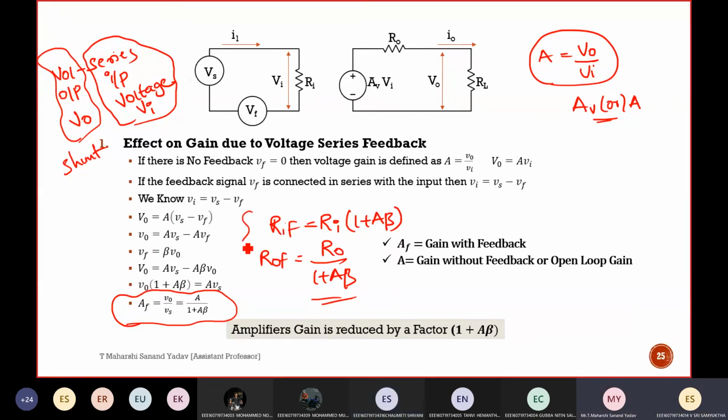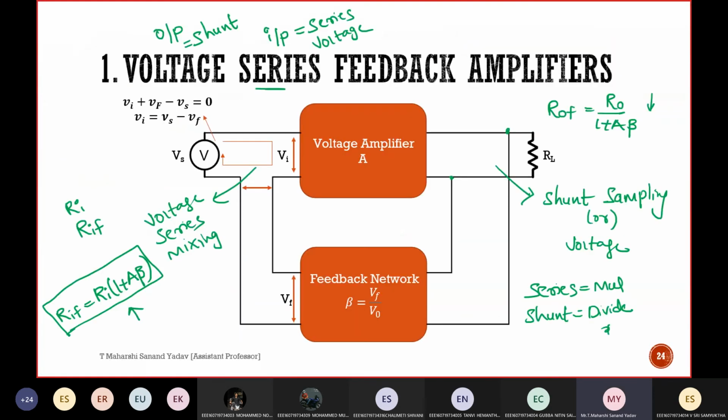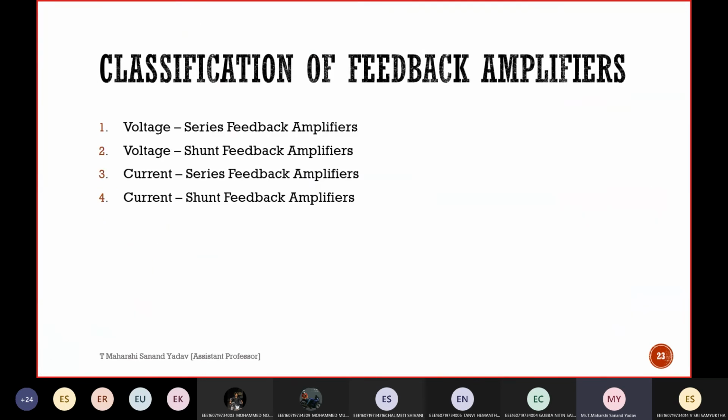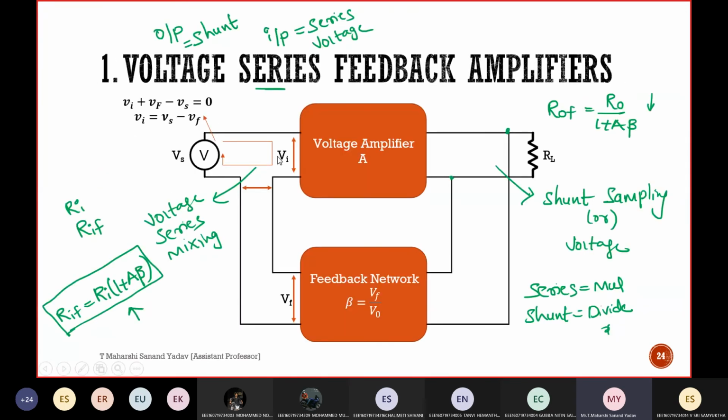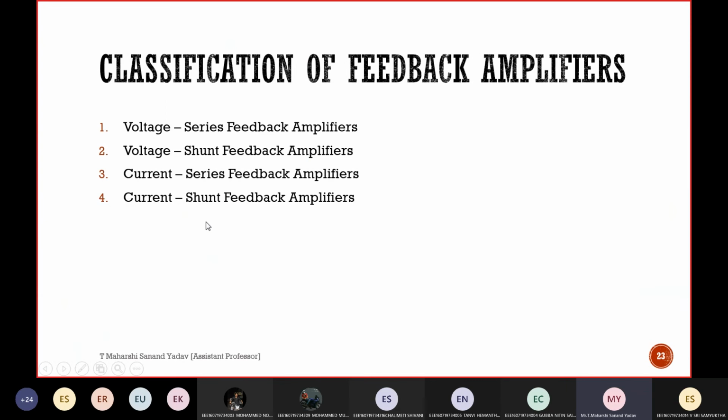Okay, so I've given the overview of all the topics. In detail we shall derive. This is a very short and sweet unit, but you can't understand it if you don't know this mixing and sampling. So by the next session, at least try to revise, so that we shall directly derive the gain, input impedance as well as output impedance for these 4 models, and directly 10 marks you can easily get.